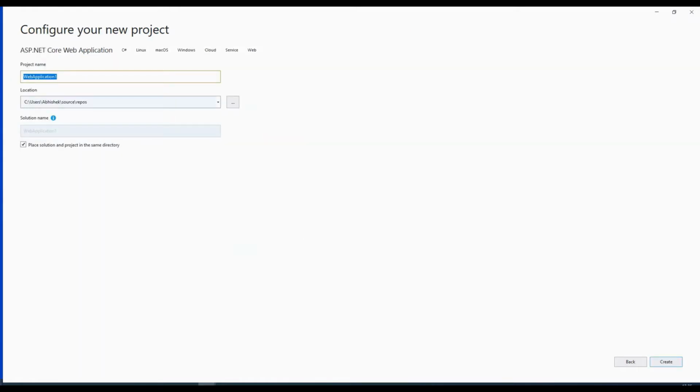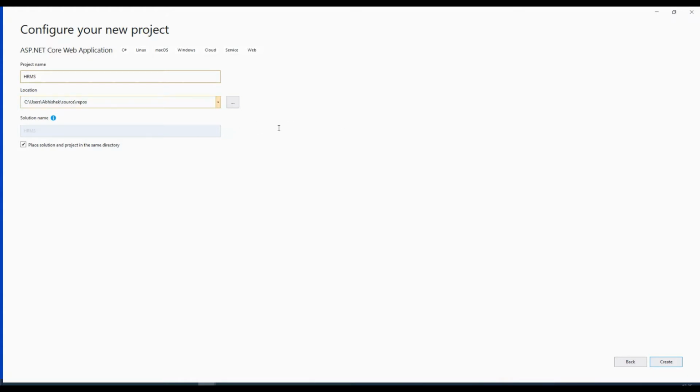Here you can give a name to the ASP.NET Core MVC project. Let's say I'm making an HRMS, Human Resource Management System. See here what location you want to give for this project.